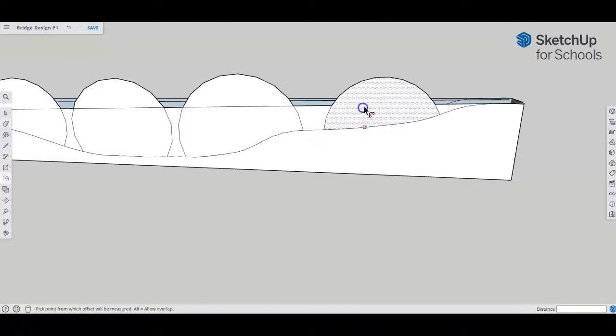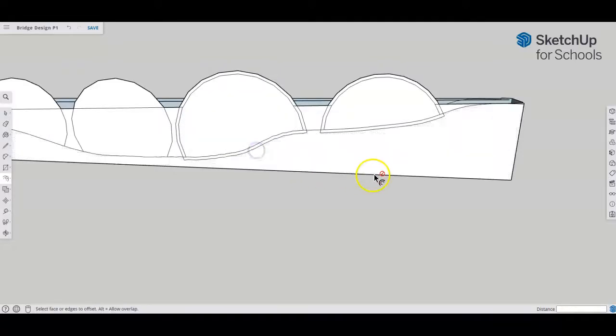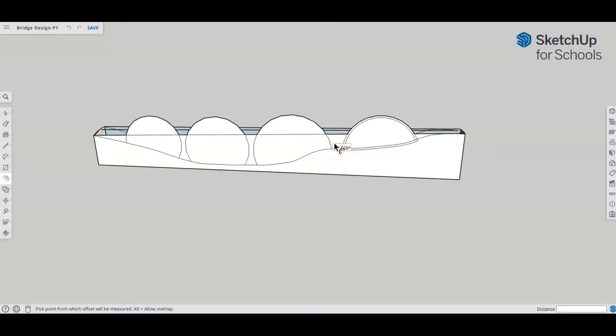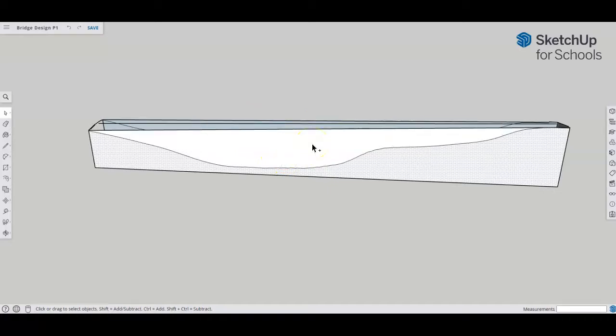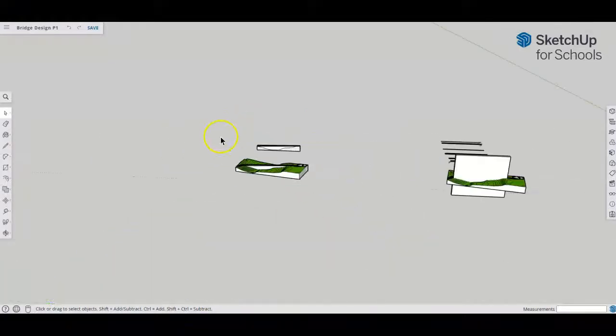And then, just probably offset this. Do the same here. I don't know. But anyway, you can see how you can start creating supports knowing this information. And you can create